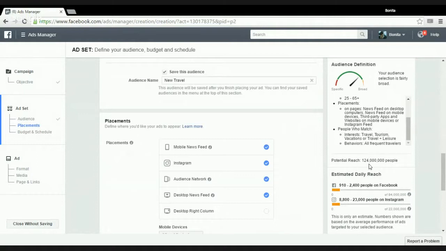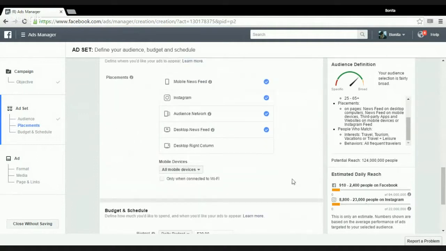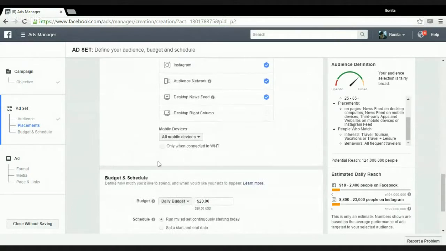Potential reach, 124 million. Now that's a lot, except when you start looking at the estimated daily reach. Daily, I'm only going to go up to about 2,400 on Facebook. And it says, but up to 23,000 on Instagram. Now that's a nice number. So I'm going to stick with that. Let me go down to